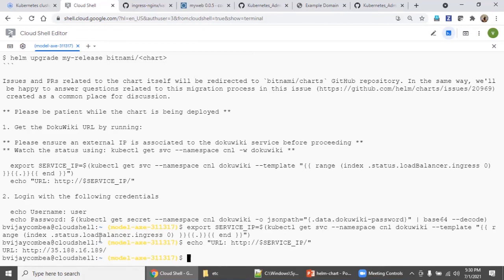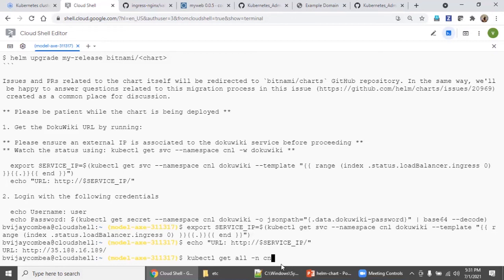If you run the kubectl get all command, what is the namespace here? -n CNL. If you type this, this external IP will be shown in the output.